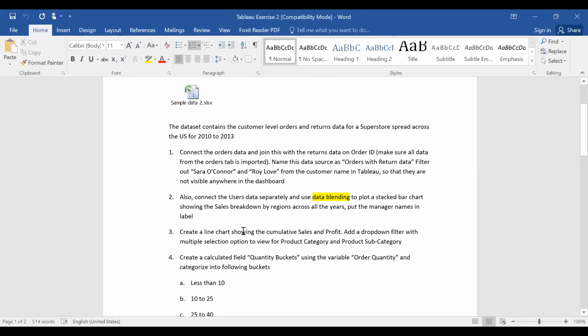The second question was, in question number 3, create a line chart showing the cumulative sales and profit. Add a drop-down filter with multiple selection option to view product category and subcategory.